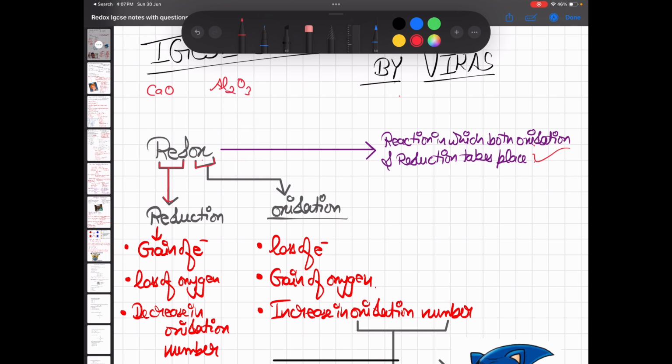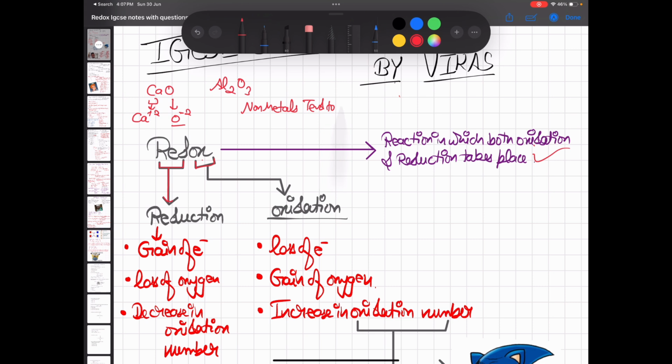All of you must have already seen that calcium always has a charge of positive 2, oxygen always has a charge of negative 2. Your teacher might have written it on the board sometimes when explaining the concepts to you, or you must have seen this in your textbook or somewhere. You must have seen that non-metals